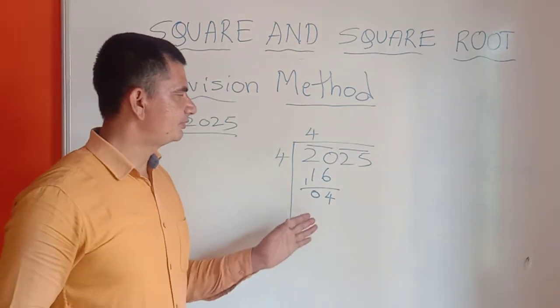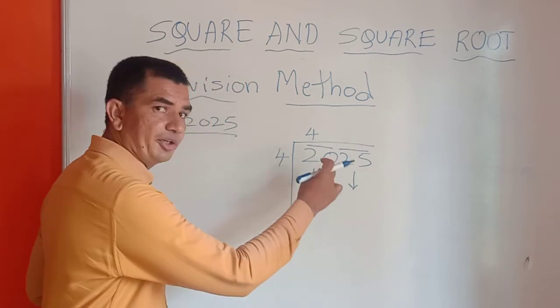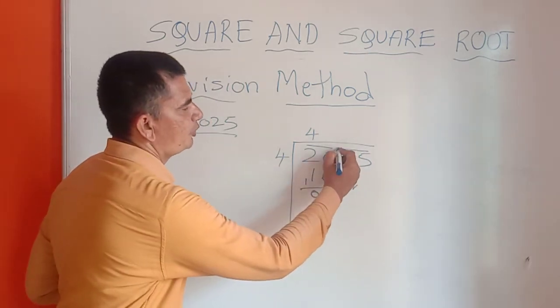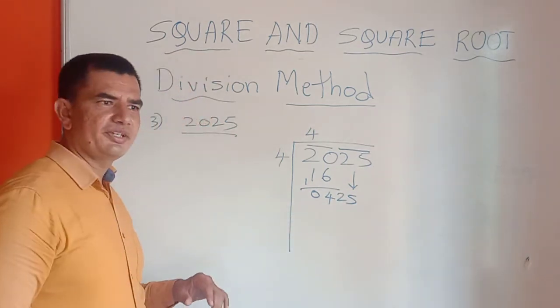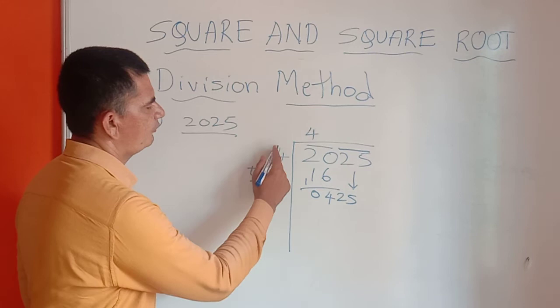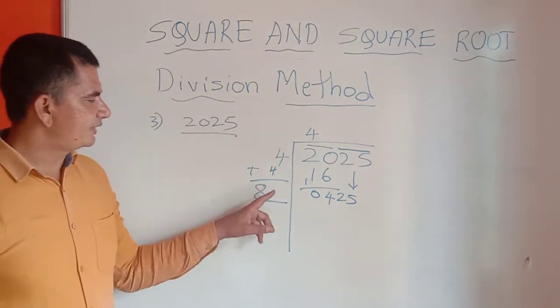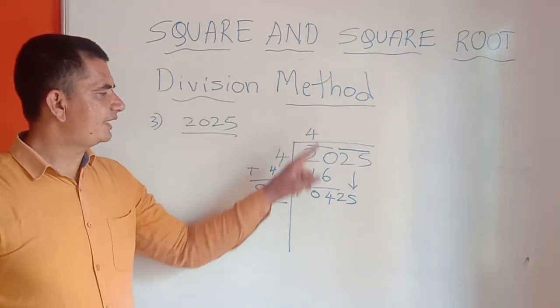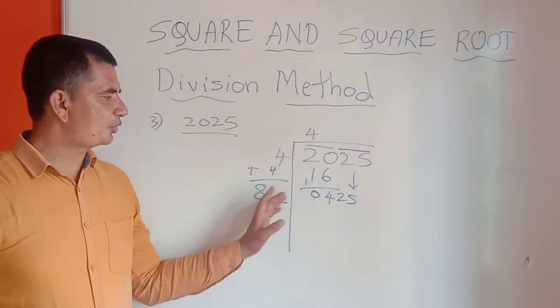Now the next step is very important. We have to bring the next number down. In normal division we take one digit, but here we have to take both digits. Students, next step is we have to take this number and add it to the same number. 4 plus 4, 8. And we have to leave one place here, so that if you take 1, 81 1s are 81. It is the smallest number. 82 2s are... like this you have to think.